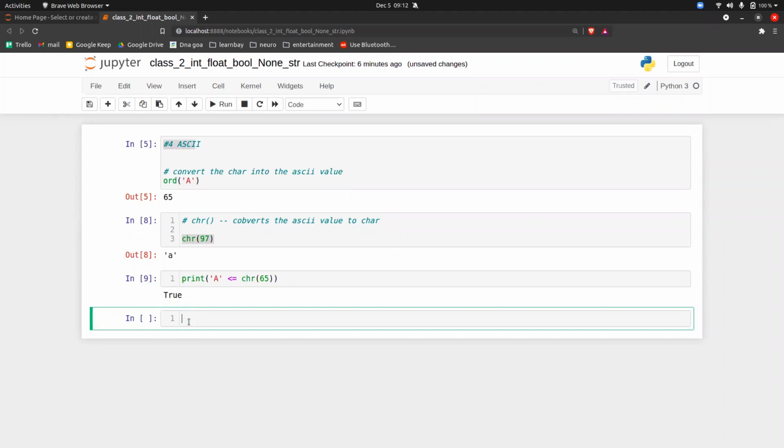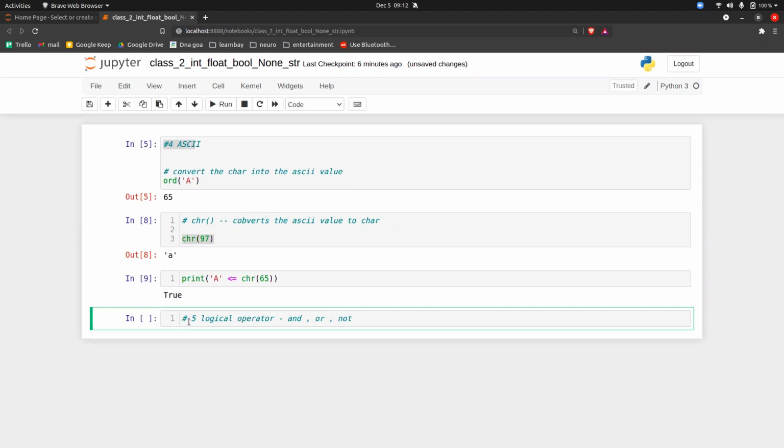Then we will go with the fifth operator, which is called logical operators. That is AND, OR, and NOT. Guys, please note, for people from other programming backgrounds, there is no symbolic representation of and, or, and not. You have to literally write and, or, and not.